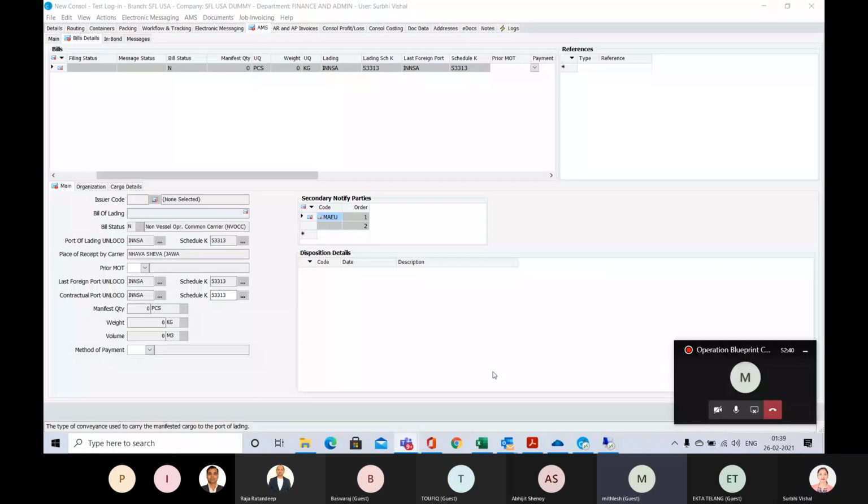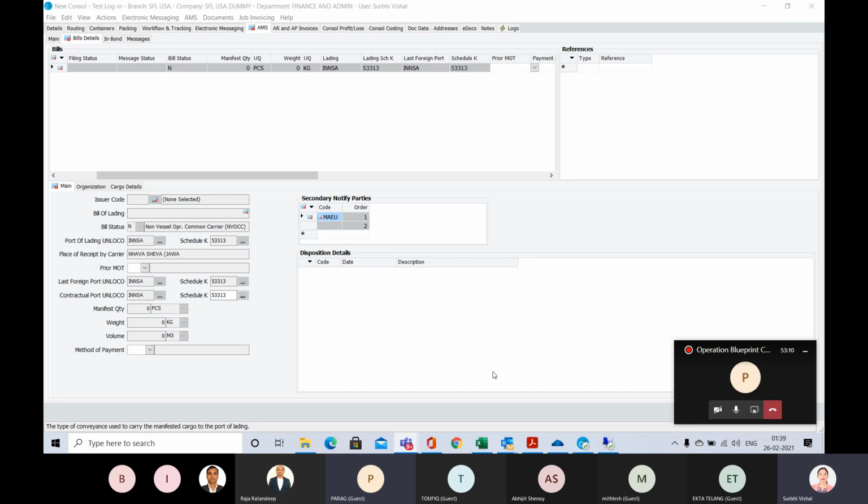Yeah, at least here we will be able to track. So what is your take on this? Yeah, that was my point. Once we filed the AMS for vessel OOCL Kobe, and now it is rolled over to some other vessel next week, do we get a prompt from the CargoWise system that the shipment has been rolled over to the next vessel?